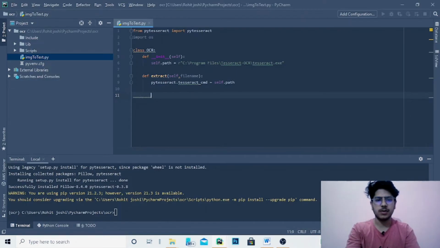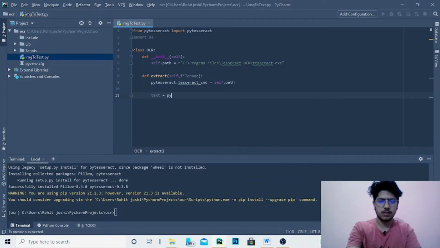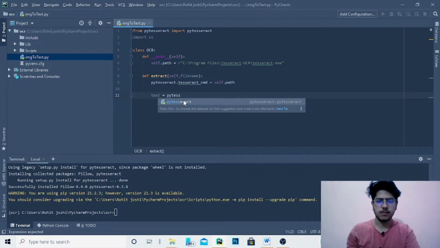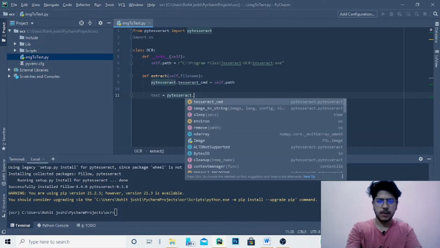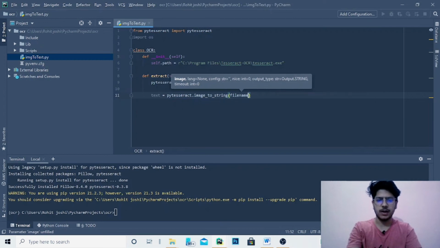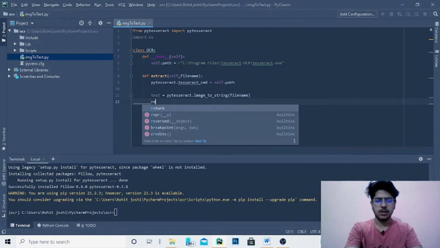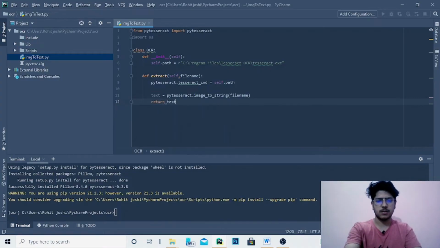Now you just need to use one method of PyTesseract: pytesseract.image_to_string, and here you need to provide the file name. It's simple. And you can return this text.